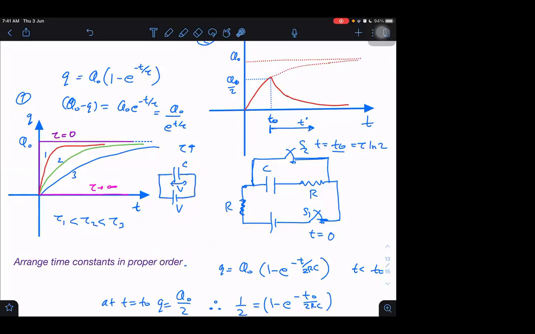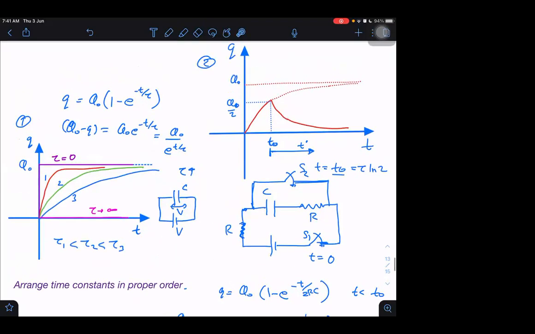Understood? On the other hand, when the time constant is zero, it will be quickly charging. So the process becomes fast. Similarly, if it has to discharge, it will be quickly discharging also. What will the graph be for discharging? If it has to discharge from Q0 to 0, it will discharge in this way if the time constant is 0. On the other hand, if the time constant is infinite, then it will discharge in this way, or maybe it will never discharge.